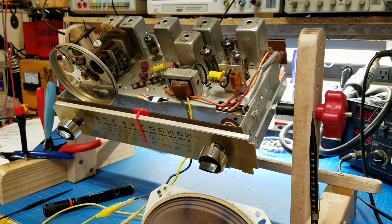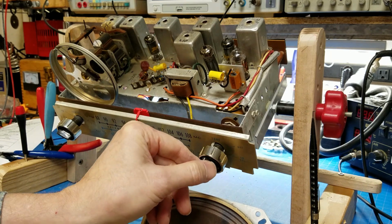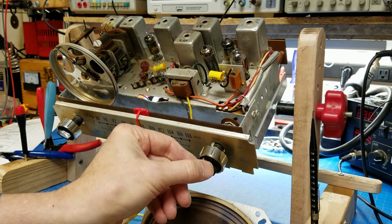Today we're working on a Zenith 7 Charlie 05 radio, and I've gone ahead and recapped this radio. The last time I did a video I talked more about the sweep generators than I did the actual alignment, and I thought I would just run through a complete alignment of this radio. Right now this radio sounds pretty good, and it's been aligned already,